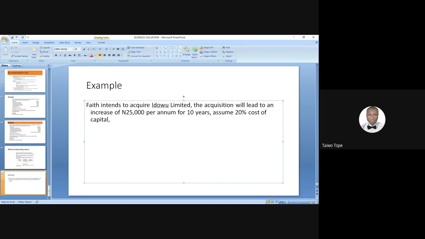Because some people will send me message, I'm busy, I would not like to look at it, because once I look at the message, I'll get distracted with what I'm doing. So that is why sometimes you send me message, it will take me a long time. I will always be online. But sometimes I will not just check those messages, because I can be busy with something that needs my attention 100%. And once I look at that message, out of my own magnanimity, I want to quickly attend to you. And in attending to you, something else is suffering. So that is why I decide not to be looking at messages promptly again.